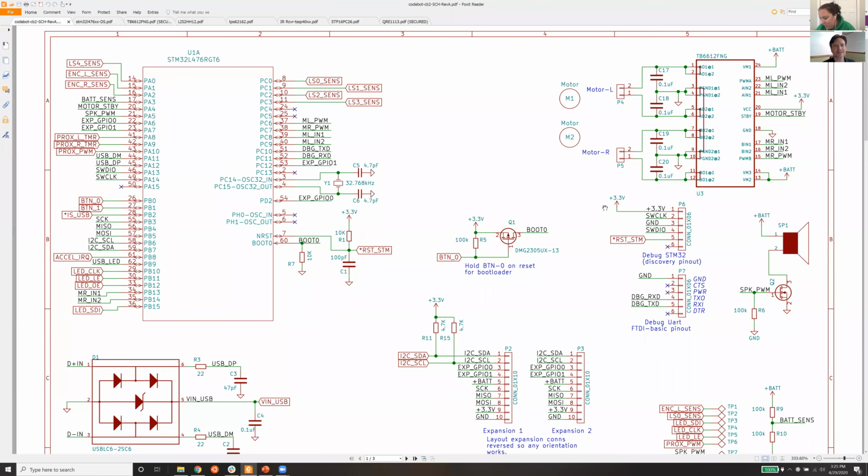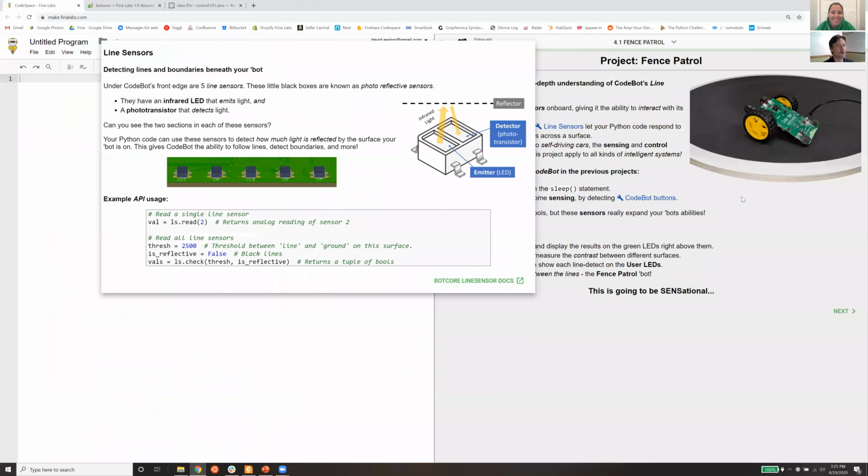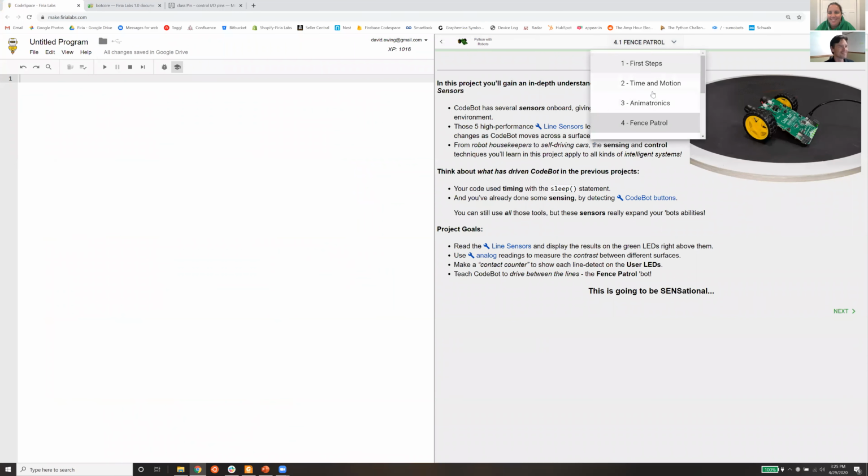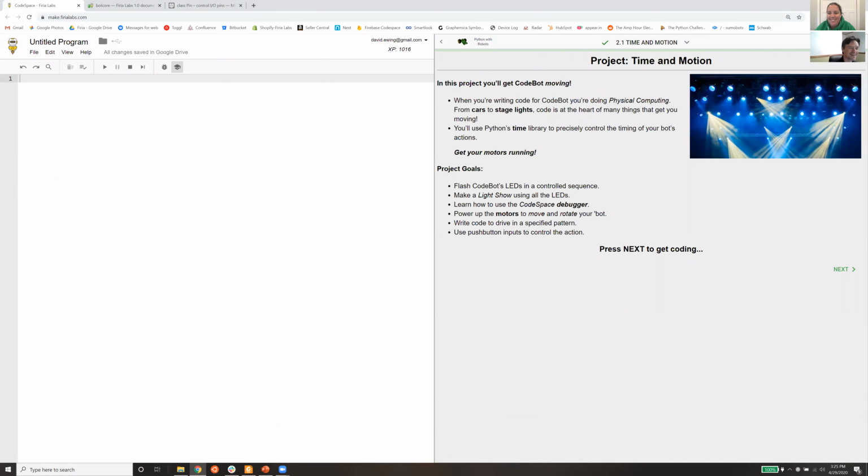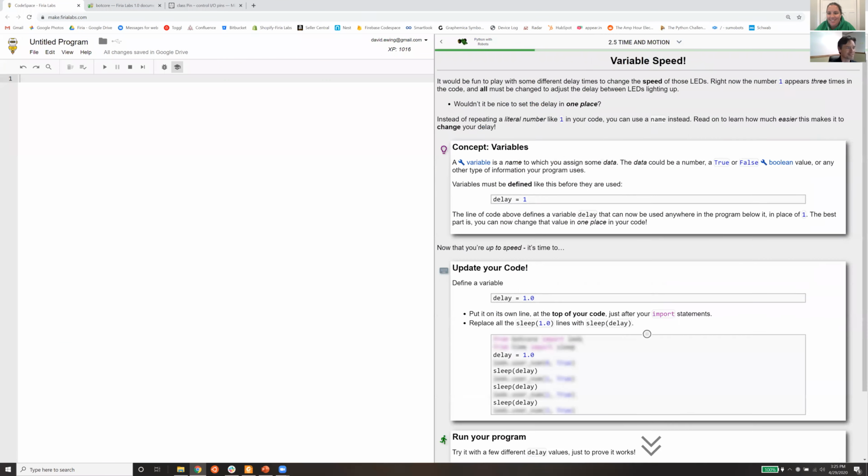It's weird, I couldn't find an exploded diagram of one of them. Like, what do they look like inside? So CodeSpace is one of the few places that you'll find that. I found it nowhere out on the web. So I think if you're in our Time and Motion project, where we actually go to the